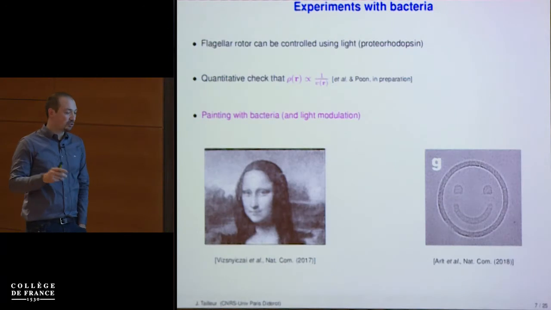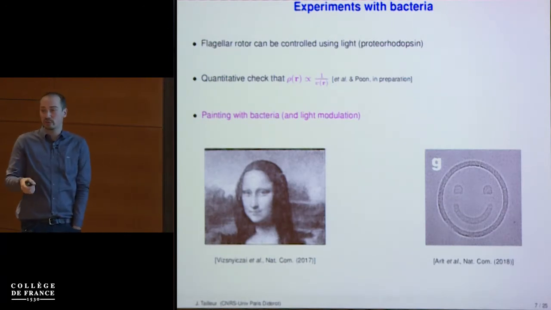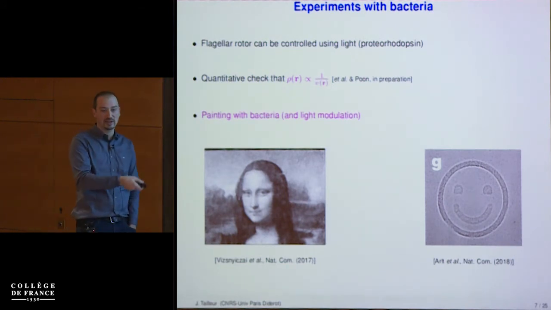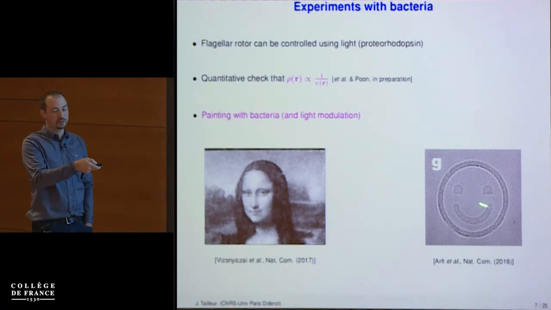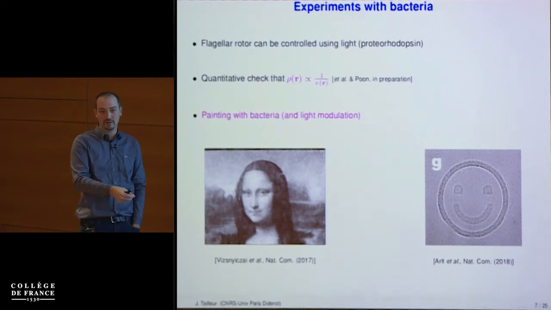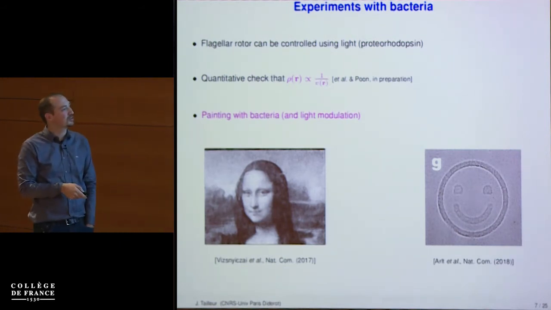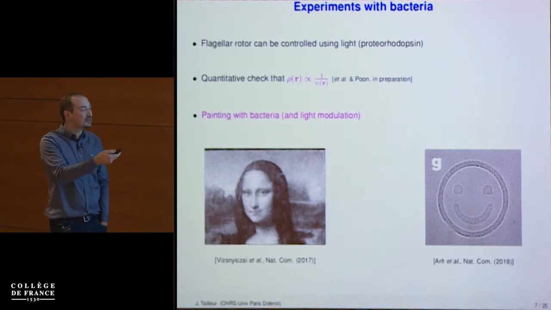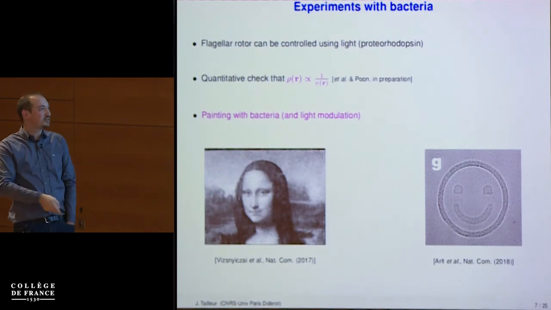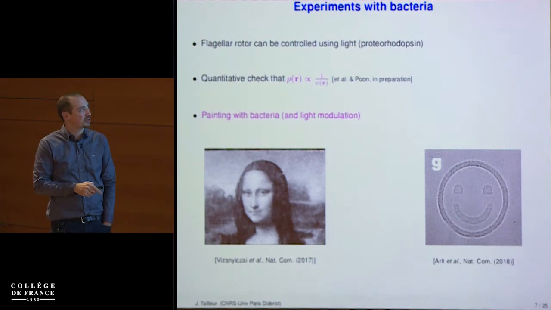Okay, so that's not self-organization, it's externally driven organization. It may still be useful. For instance, what people are doing in Edinburgh is that they are then making the bacteria synthesize silica. And so the things that you've driven with the light, then you kill the bacteria, and the silica has created the pattern. So it's a new way of doing patterns. I don't know how useful it is versus lithography, but at least it's a new type of technology that you can do with bacteria. And then these guys can do many things, synthesize antibiotics and stuff like that. So there are lots of things you could do in this direction.